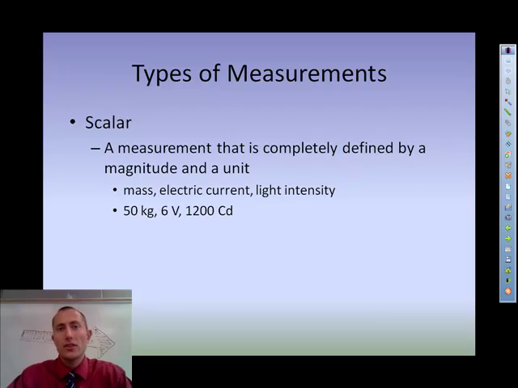Something like mass, something like time, something like intensity. These are measurements where all you need is the magnitude and the unit, and that's all the information you need to completely describe that particular unit. And so those are the easiest units, I think, to deal with, but a lot of the measurements that we deal with in physics this year are the second type,